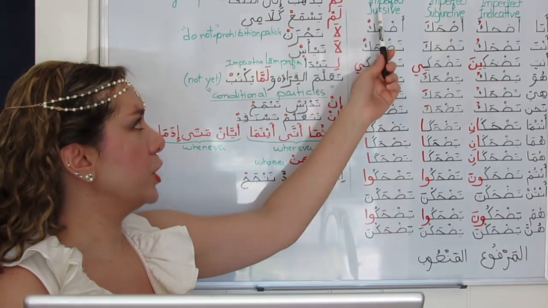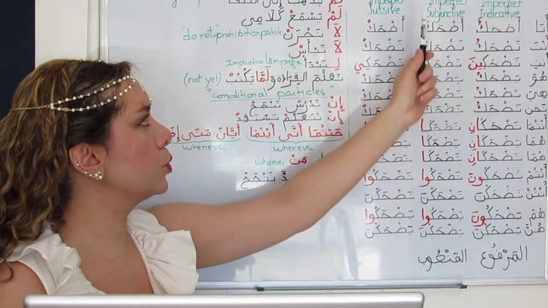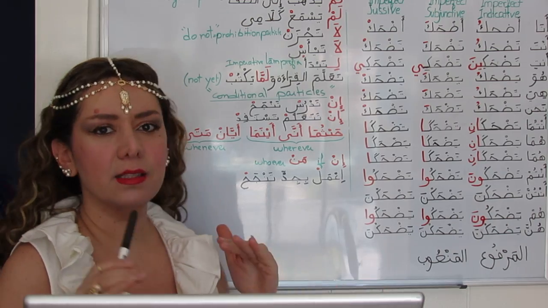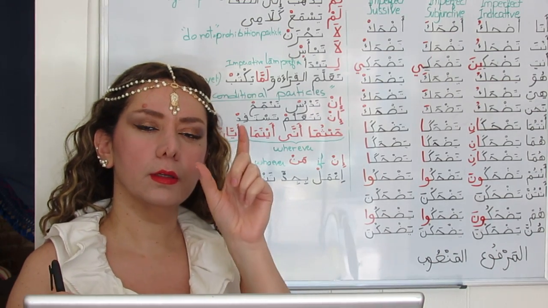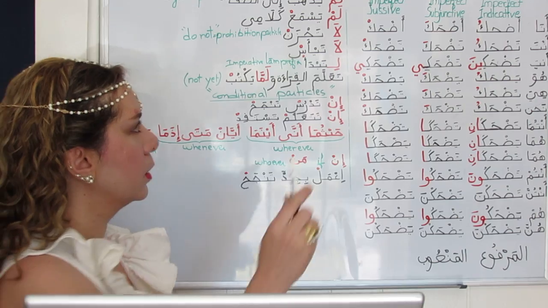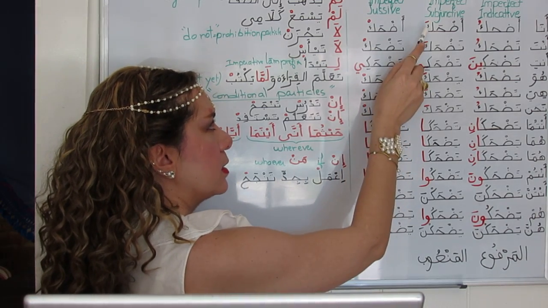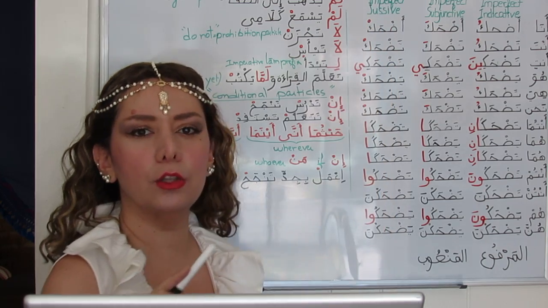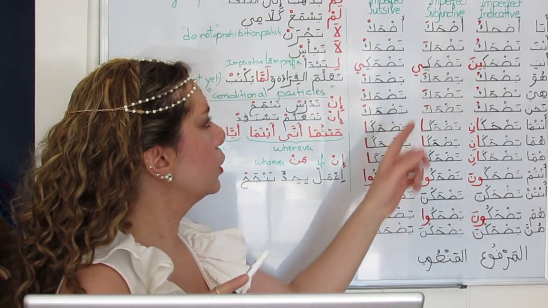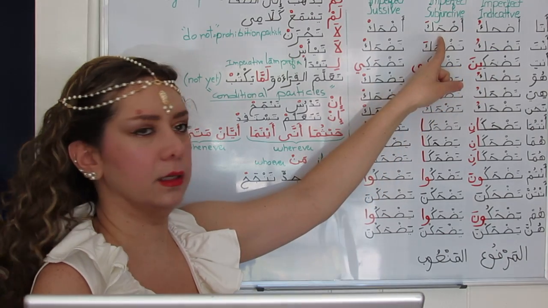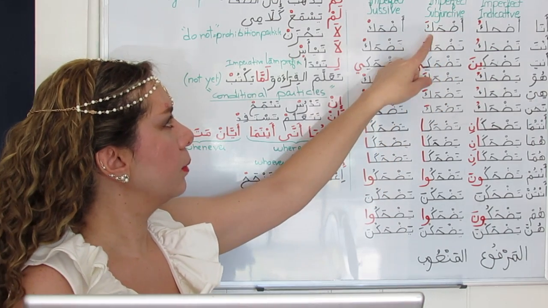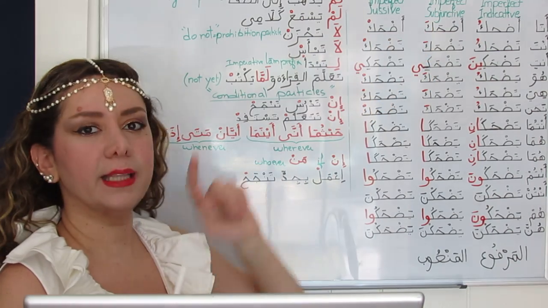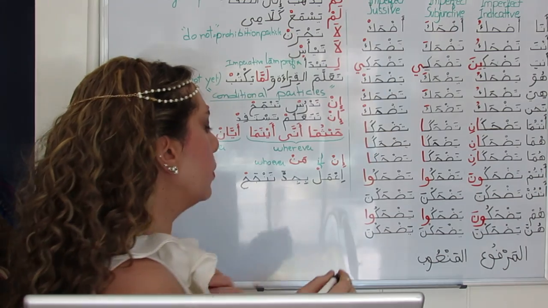The jussive mood compared to the imperative are identical, just with a minimal difference. Whenever there is fatha, it will turn to sukun in the jussive mood. So from اضحك, which means laugh, from ضحك with fatha, we will have اضحك. The verb ضحك,